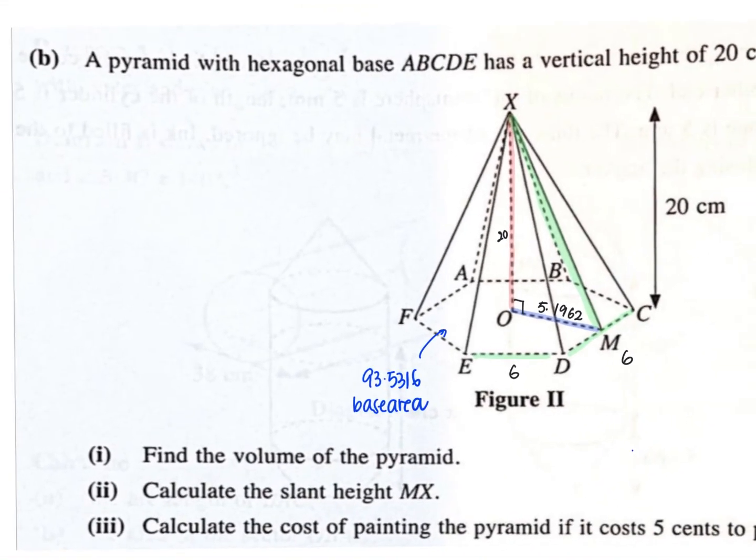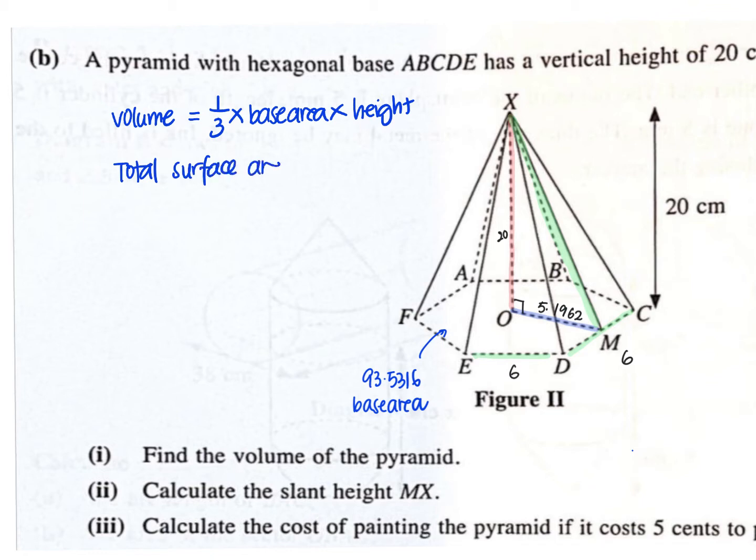Okay, so now before we begin to do the questions, let us recall a little bit more of our different formulas. What do we know about pyramid? The volume of a pyramid is equal to 1/3 times the base area times height. So anything that's sharp will always have a fraction 1/3 for its volume. Then not only that, we can also know the total surface area. This pyramid is a little bit special. It has a hexagonal base and it's a regular hexagonal base, so they will have a total of 6 identical